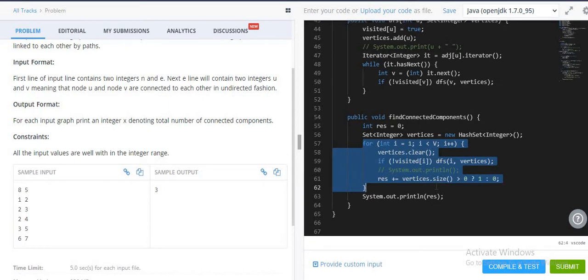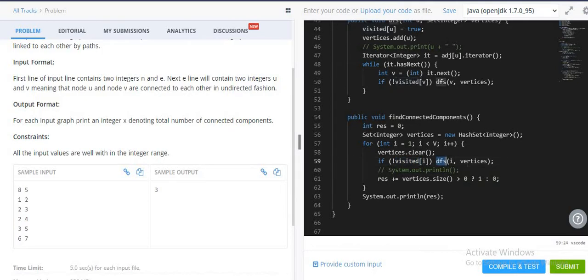Here I consider 8 plus 1, so it will be 9, but it will iterate from 1 to 8. Initially I will check whether this node is already visited. If it is already visited, I don't need to visit it again. But if it is not, then I have to call the DFS function.